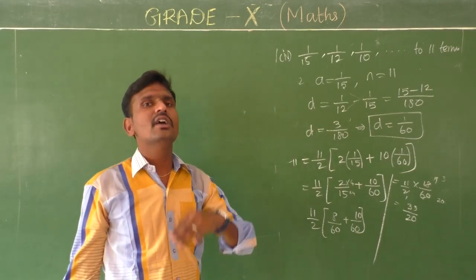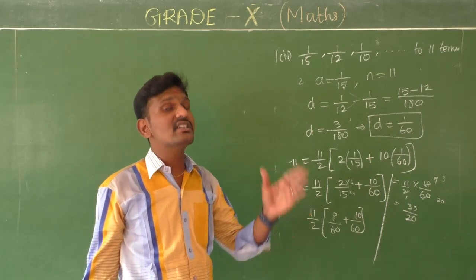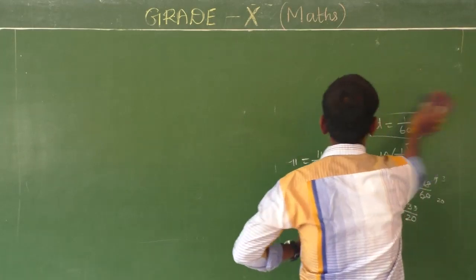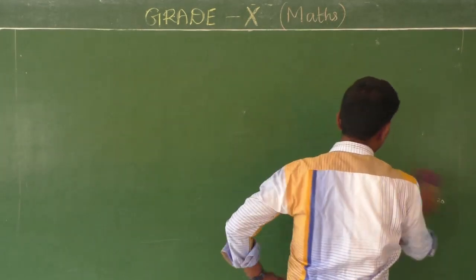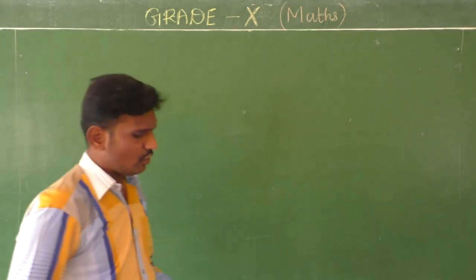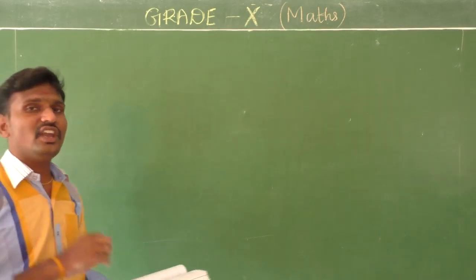And next time we are going to see the finite series. Finite means we know the first as well as the last term. Okay. So the second pattern question we are going to do now. The second pattern is easy. How many questions? You have only 3 questions. Okay. And the first question.